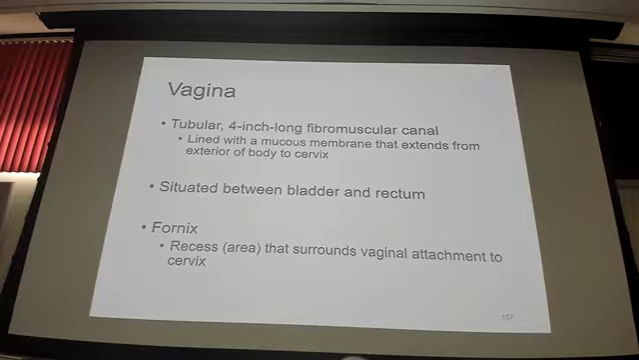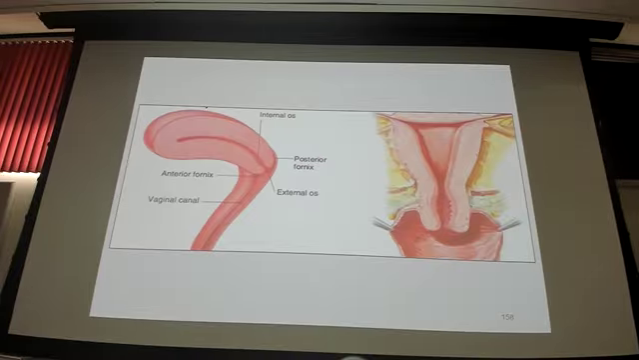we'll talk about the vagina, fibromuscular canal, obviously very distensible, has to be able to stretch quite a bit in order to allow the fetus to pass through. Okay? So, we have the fornix, which is sort of these posterior recesses, right? The fornices